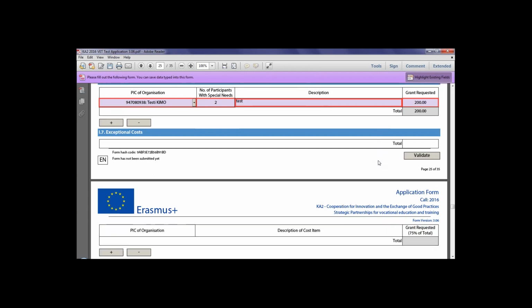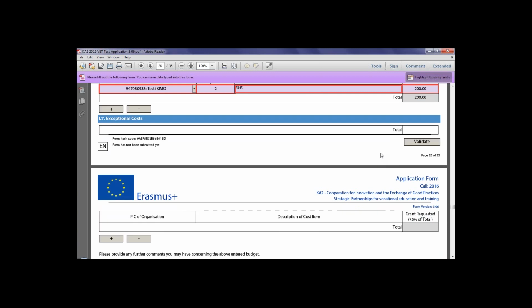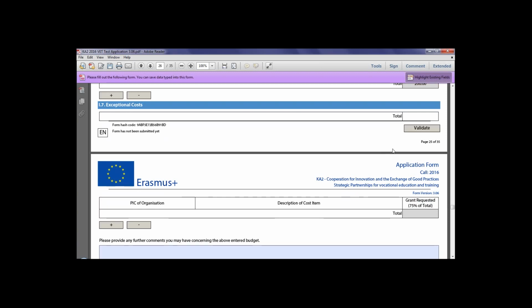Moving on to section I.7, which is exceptional costs. This budget heading relates exclusively to actual costs relating to subcontracting or the purchase of goods or services that cannot be delivered or provided by the organisations participating in the project for duly justified reasons. Any costs requested under this heading must be clearly justified within the application, as we mentioned earlier. Where such costs are justified, 75% of the eligible costs will be payable up to a maximum of €50,000 per